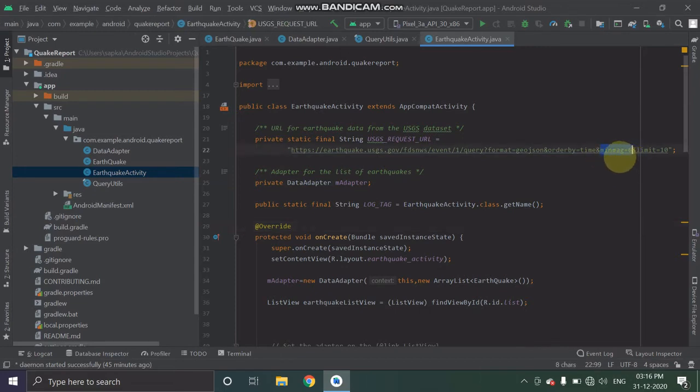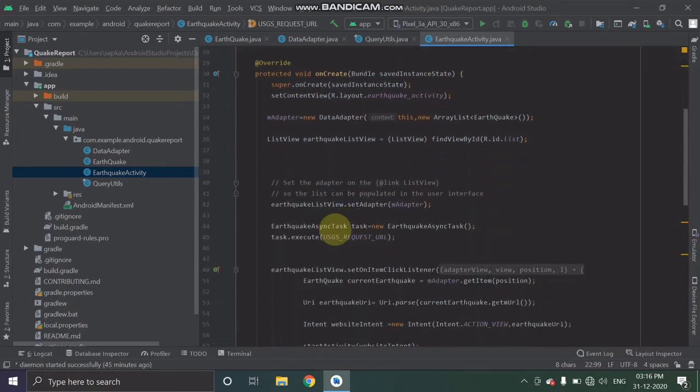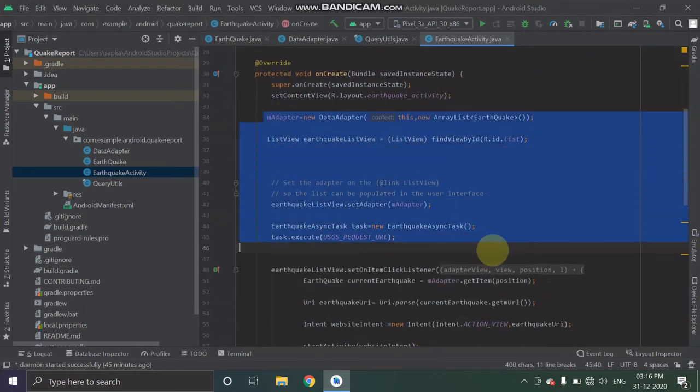Minmax means minimum magnitude, so it will return the earthquakes which have minimum magnitude 6. Here in the onCreate method, we are setting the adapter to the list view so that the list can be populated in the user interface.